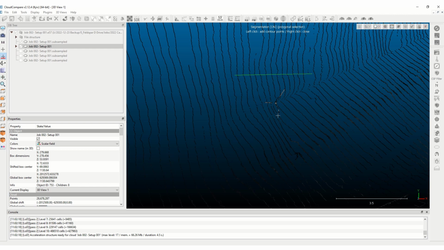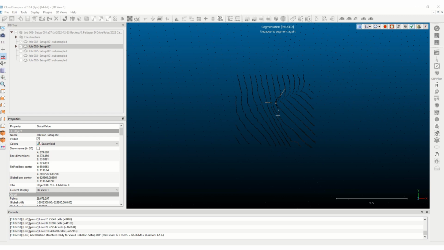So you just create a box. You start with a left click, left click, left click. When you're done with your box, just hit a right click. That closes the box, and I'm going to segment everything inside. I want to keep everything on the inside there. So I'll hit the segment in,